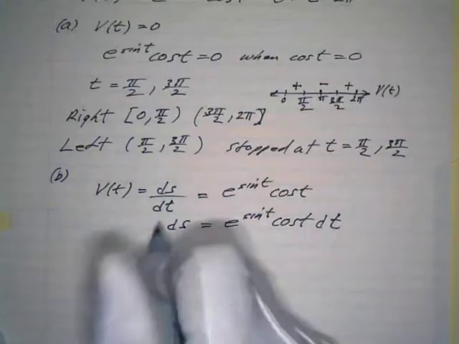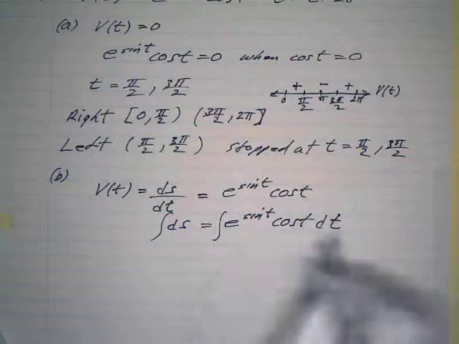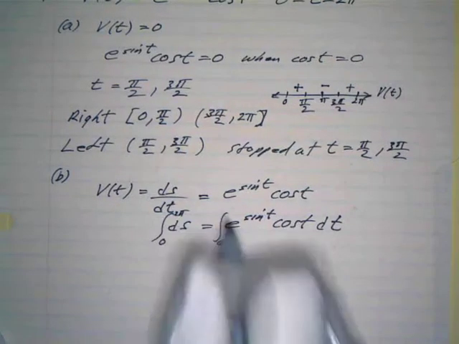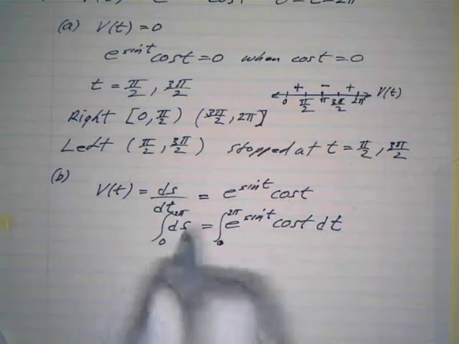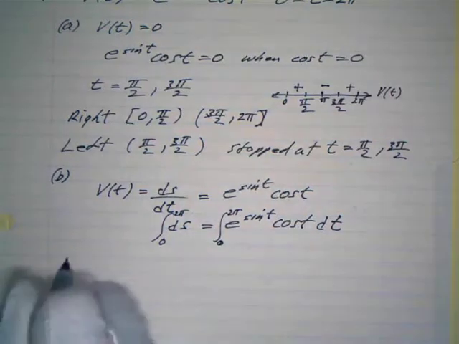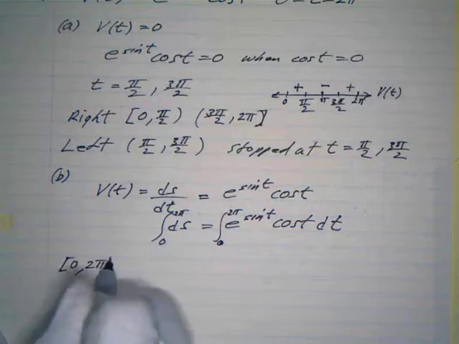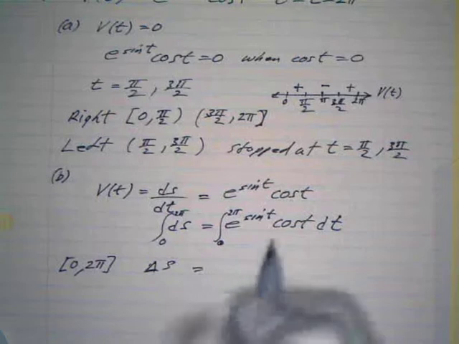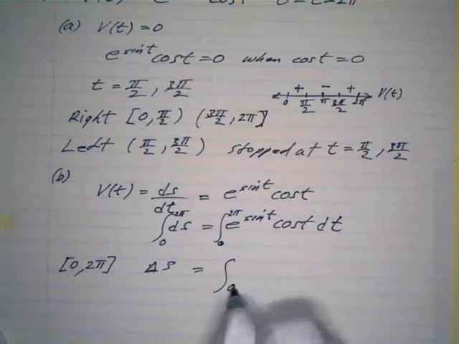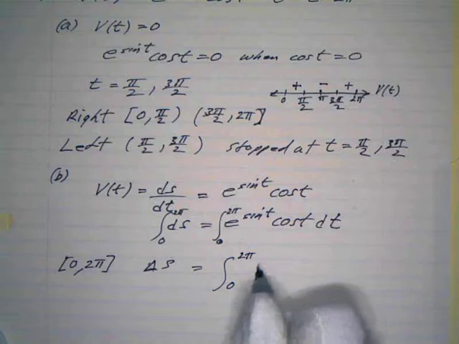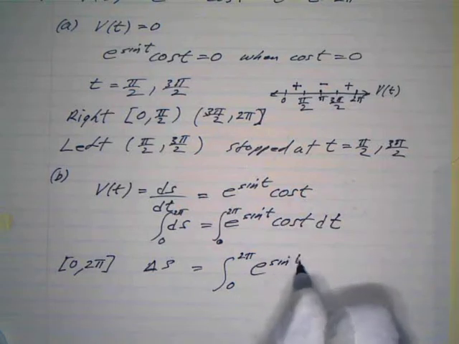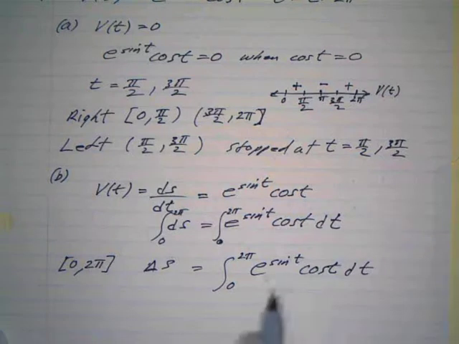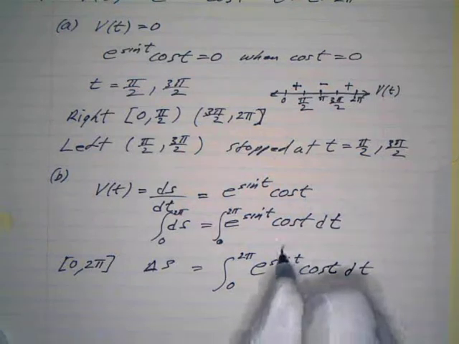All right. And then we'll take the integral of both sides. And that's on this interval from 0 to 2 pi. And then again, this will be the displacement. So from 0 to 2 pi, this will actually be my delta S. That's going to be equal to this integral from 0 to 2 pi of e to the sine t cosine t dt. But if you look at this and if you think of this sine t as u,